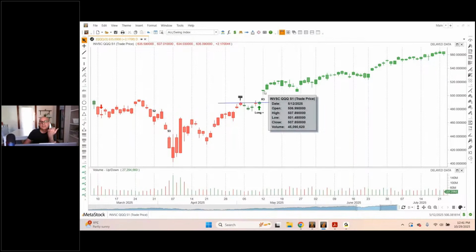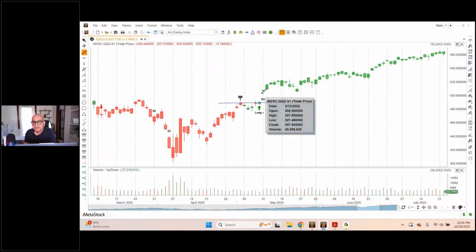We took that. So now what do you do? You get this gap up. Do you take this trade? The answer is it depends. You can set your loss again at 10%, or in the case of ETFs, I actually like to tighten that a little bit. I like to keep it at 5%. So if we were to take this trade where the closing price is 507, 5% would take us down to about 475 or so. Take our trend line, and let's say 475 would be right around here,